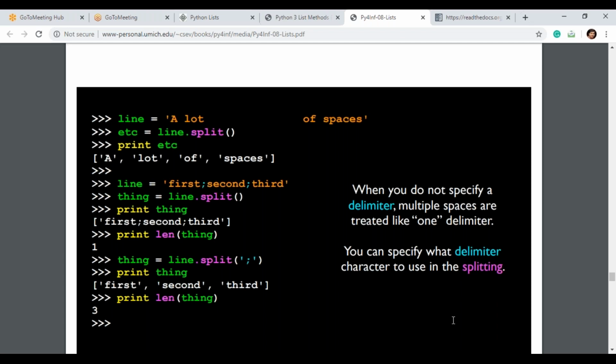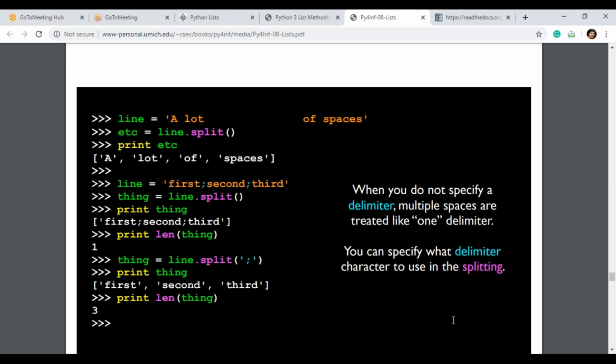Line is equal to first, second, third. Thing is equal to line dot split. Print thing. Here, first, second, third. Print line 1. Thing is equal to line dot split, with a colon separator. Right? So first, second, third. Print length of the string. Then how many are there?